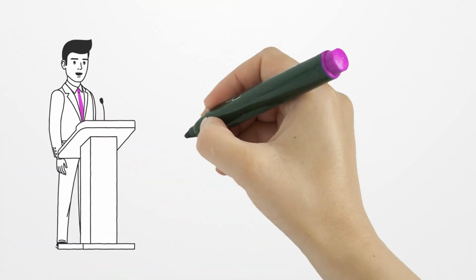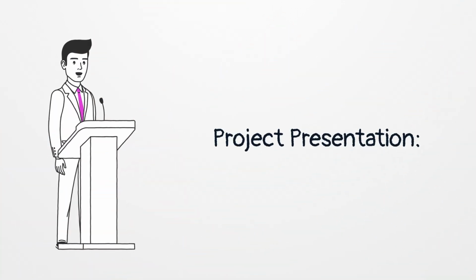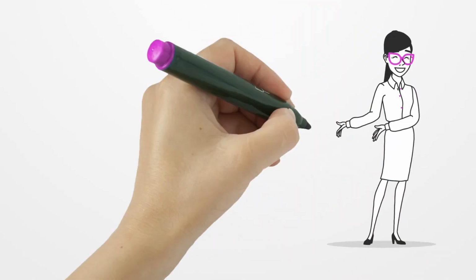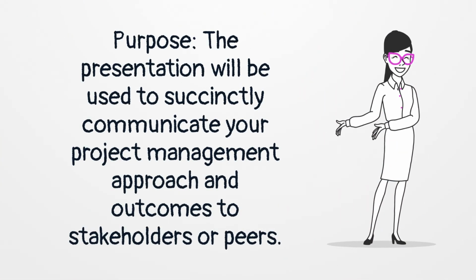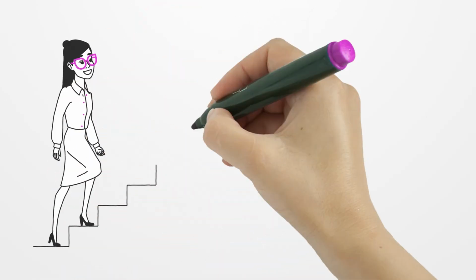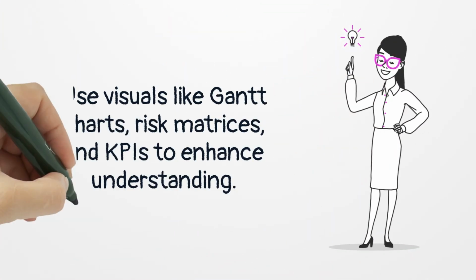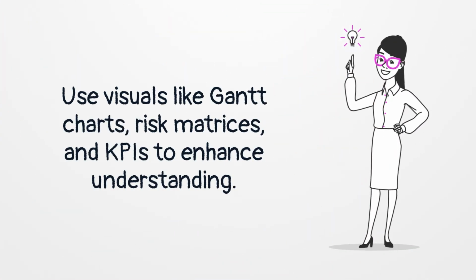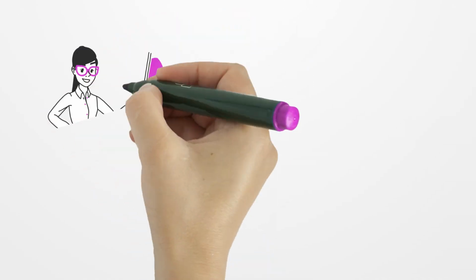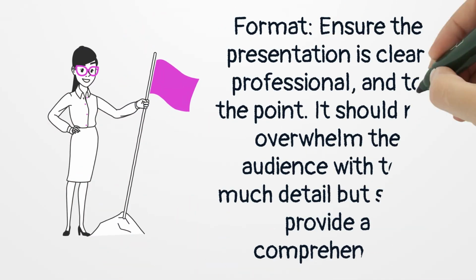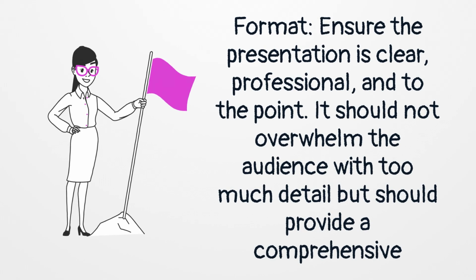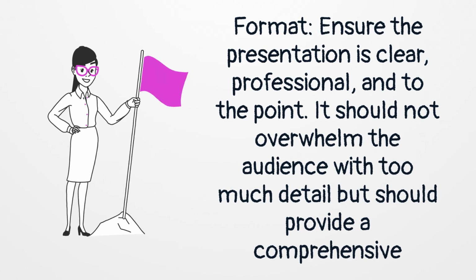Project presentation. Purpose, the presentation will be used to succinctly communicate your project management approach and outcomes to stakeholders or peers. Content, your presentation should highlight the key aspects of the project, including the scope, methodology, timeline, and outcomes. Use visuals like Gantt charts, risk matrices, and KPIs to enhance understanding. Format, ensure the presentation is clear, professional, and to the point. It should not overwhelm the audience with too much detail but should provide a comprehensive overview of the project's key